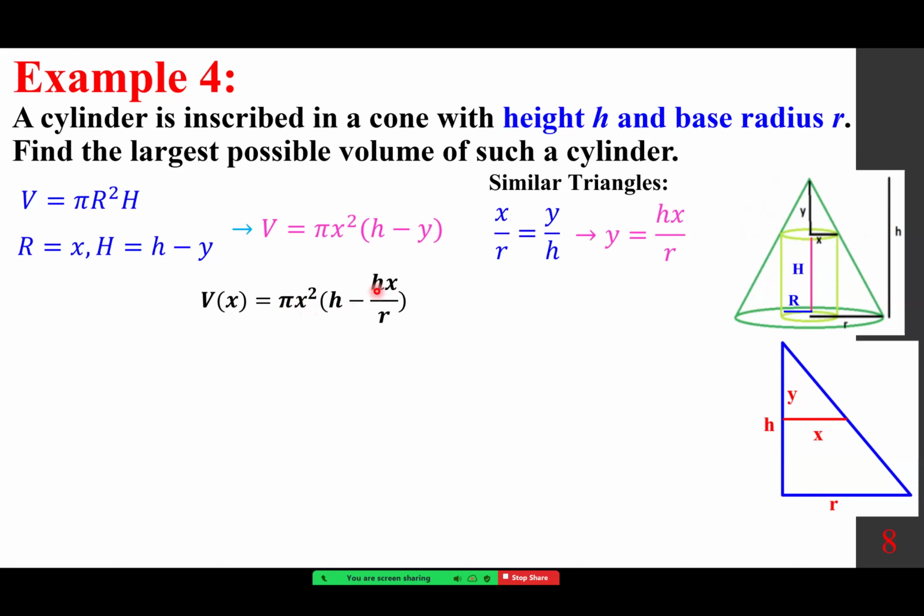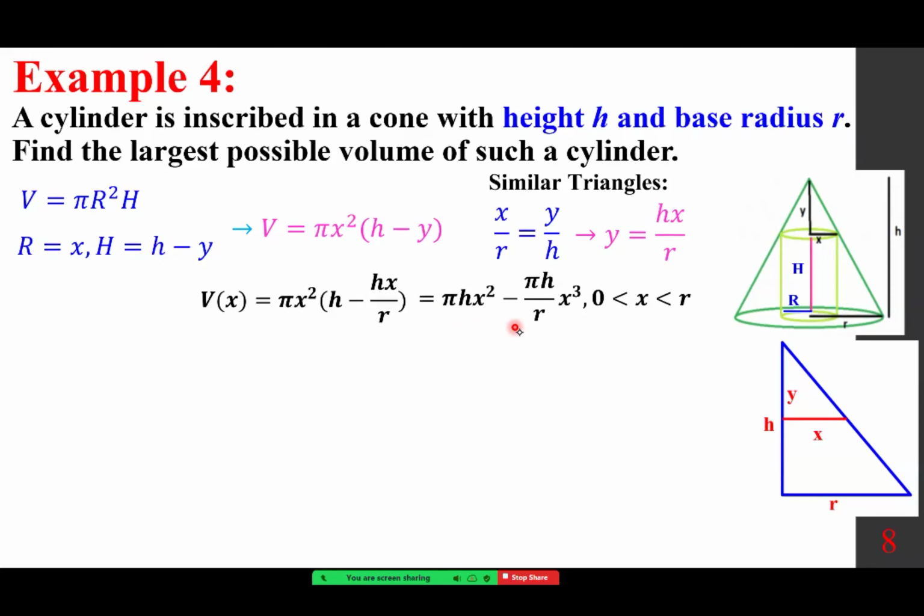And when we multiply these two, we get pi h over r x cubed. The reason we write it in this fashion, please understand, pi and h are just constants. Pi is a number, and h is not changing, it is fixed. That's why pi h over r is also fixed. So we want to write it in this format so it becomes easy to go to the next step,